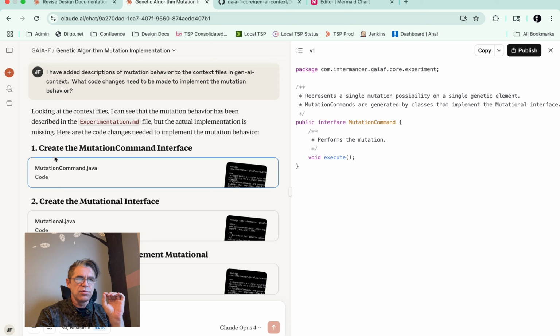So what we're going to be doing here is we're going to pull these in, make some edits to make them look like my code, and see how they work with tests. So the first thing here is the mutation command class, the interface, and this one's very straightforward. It's in experiment, so I'm just going to copy it. I'm going to go over here to experiment,